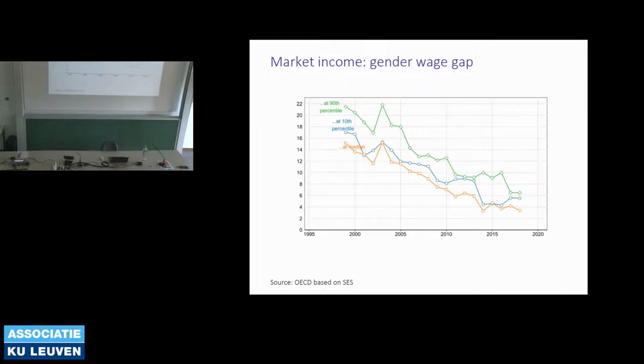You take a full-time employee, a male full-time employee, a female full-time employee at a certain point in the distribution, for instance, at the median, right? That's the orange curve. You take the difference between these two people at that point in the distribution, and you divide that by the male full-time earners. So the closer they are together, the smaller this number. So this is a measure of the gender wage gap at different points in the distribution, and you see that both at the top, the high earners, the low earners, and the median, we see a steady decline over time of this gender wage gap in Belgium, right?